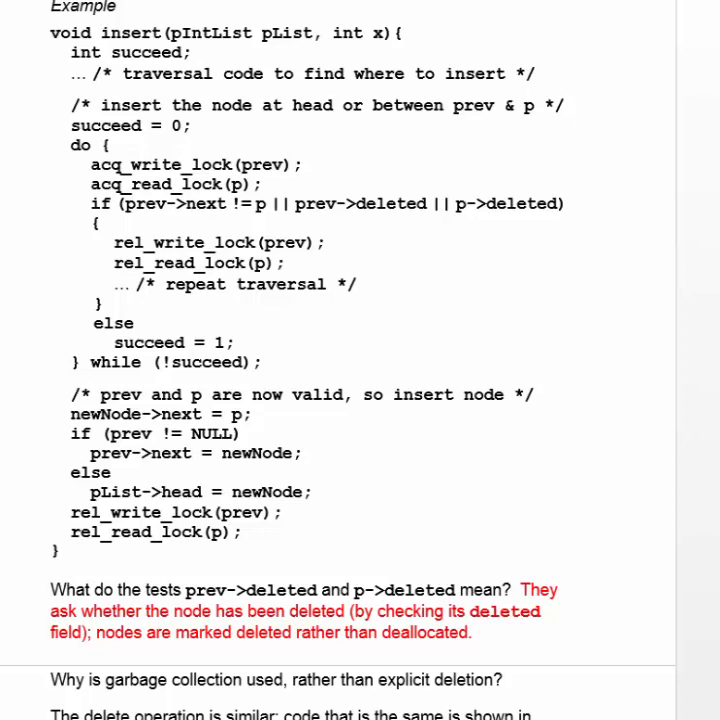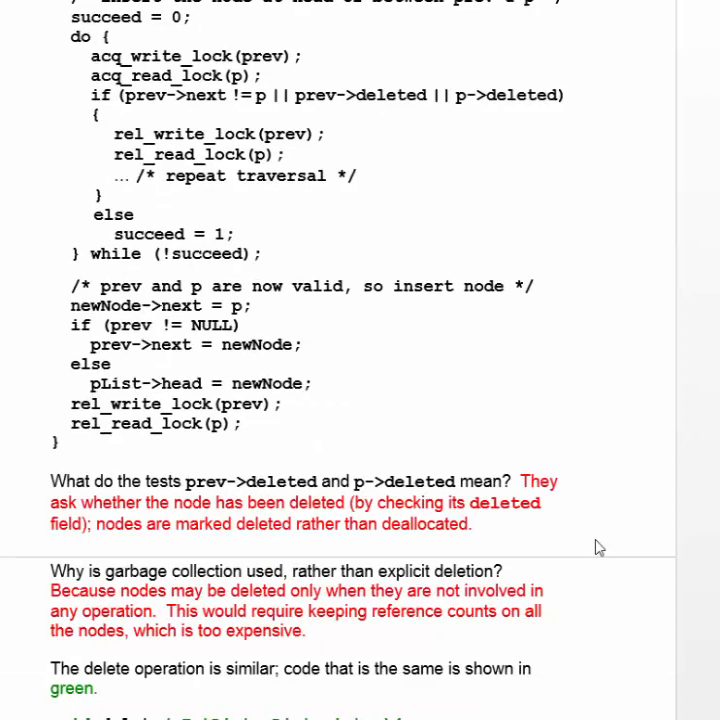Now, you might ask, why do we have a deleted field? Why don't we just delete the node and not worry about it, just get rid of it? Well, the answer to that is a little bit more subtle. Nodes can only be deleted when they're not involved in any operation. We know that this node is involved in our operation, but we can't conclude that it's not involved in any other operation. In other words, maybe two or three other transactions are trying to insert another node in front of this node that we're trying to delete,